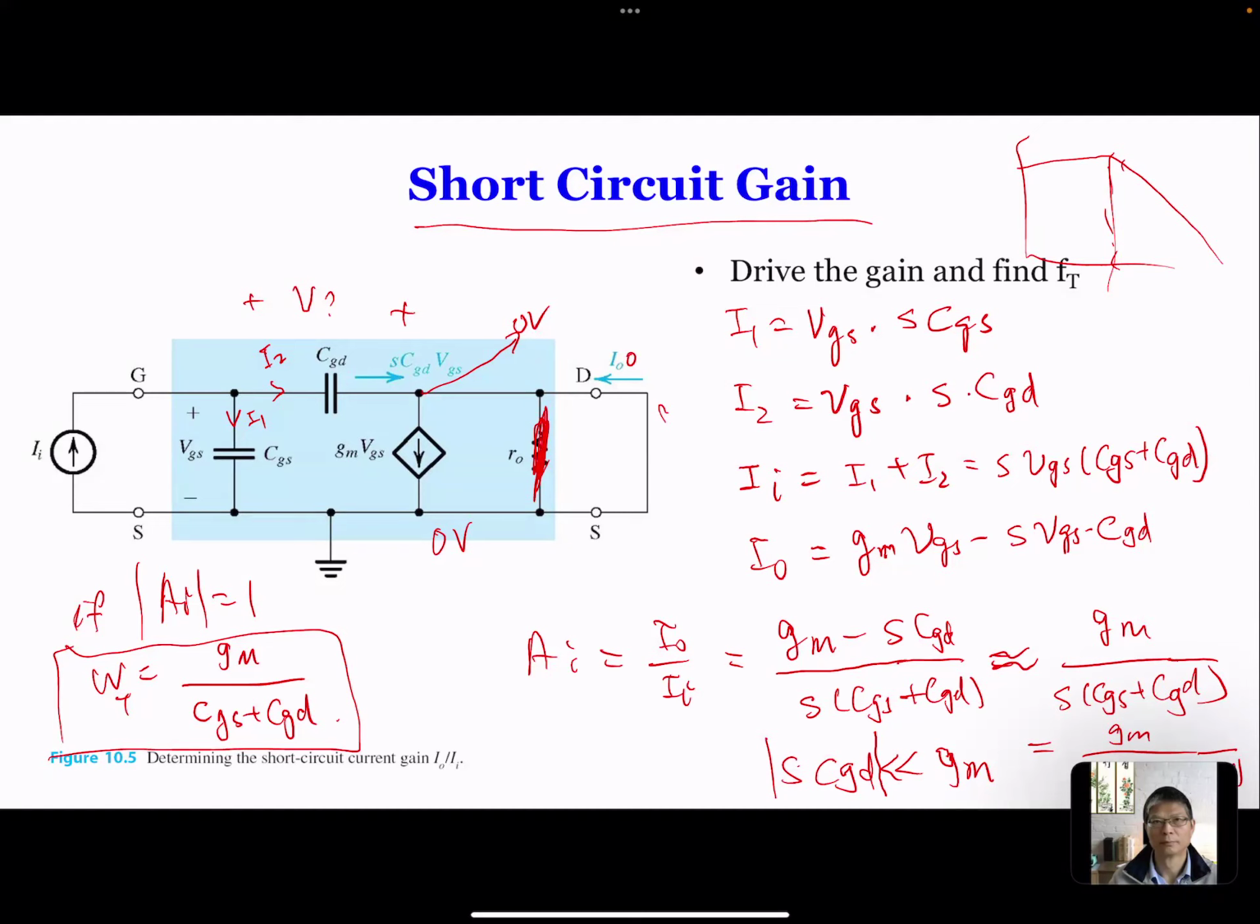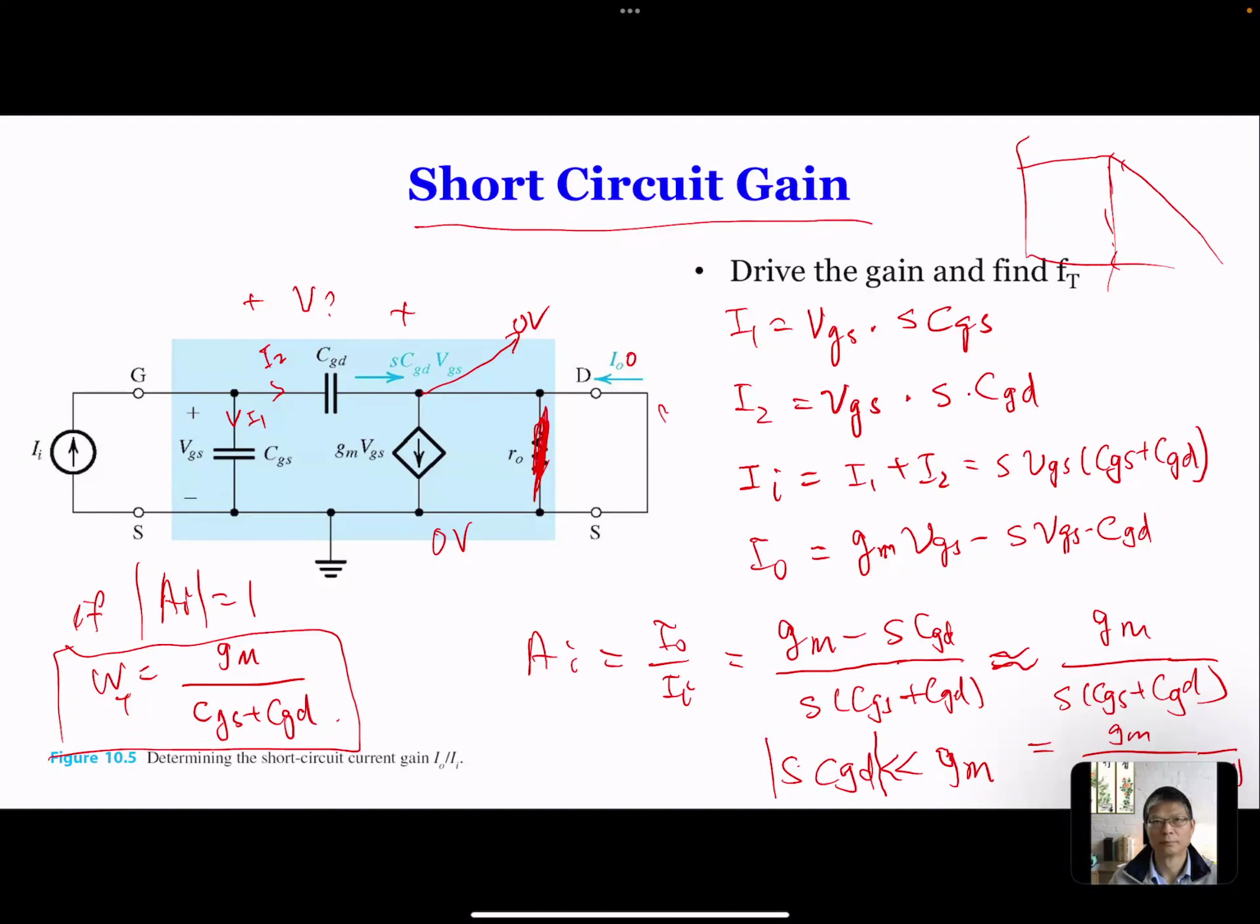So when we look at the current gain, basically we apply an input current at the input side, and we short the output so that we can get the output short circuit current. By shorting out the current, we short this one. We also short this one. The circuit becomes very simple. So through that, we can write the expression for input current and output current, and eventually we're able to solve